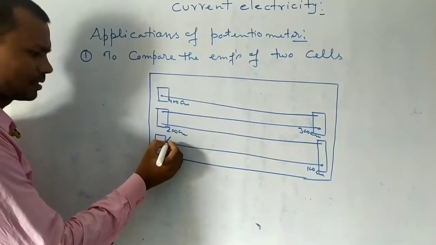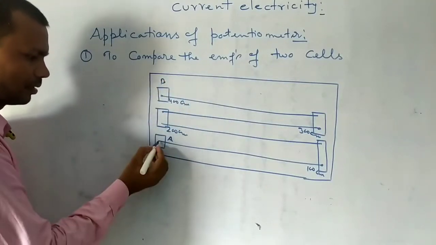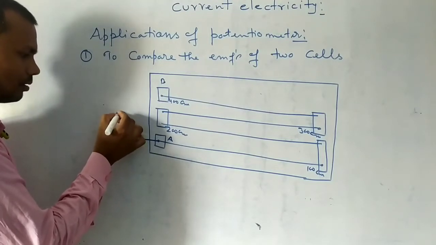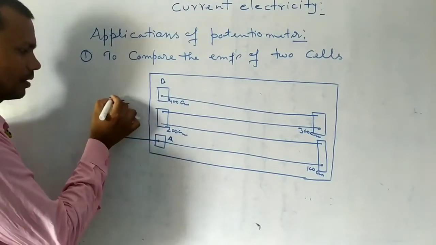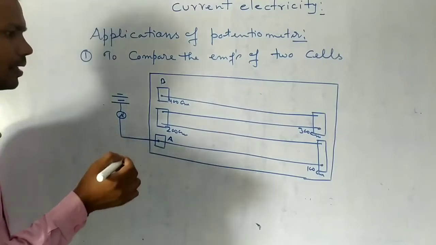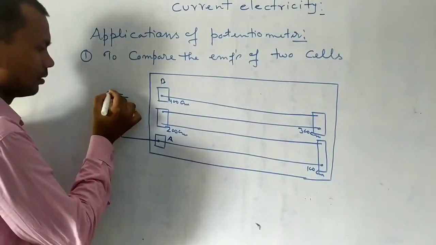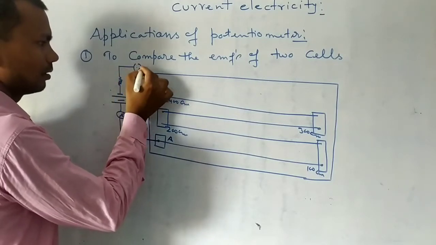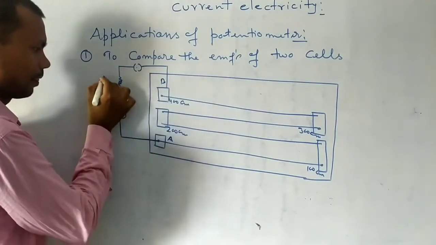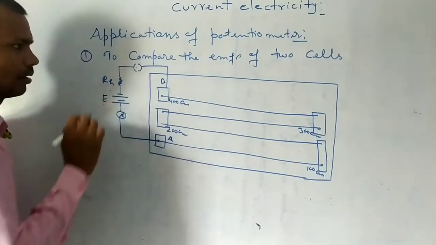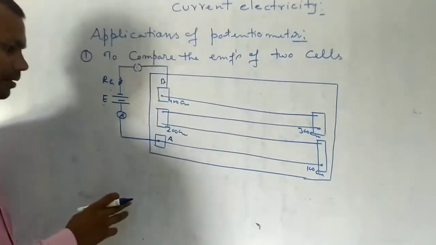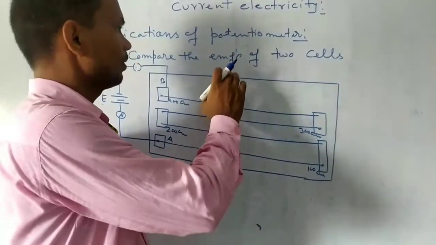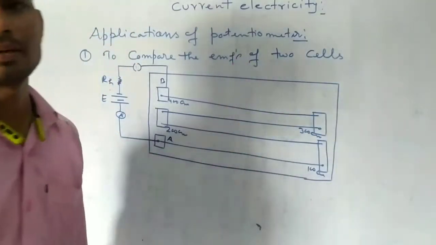And suppose this point is A, and this is B. This point A is connected with the meter, and then this is the auxiliary battery for continuous supply of the electric current, and then a rheostat, and here this is the key, right? And then this is connected with B, right?